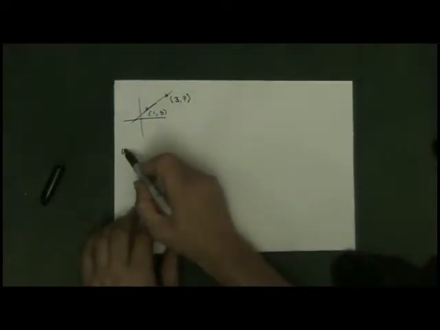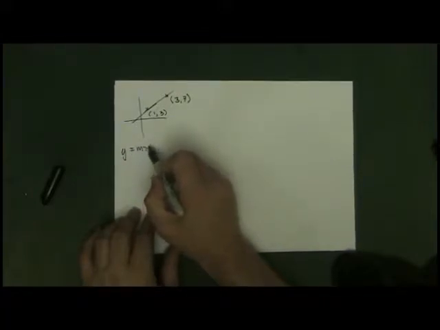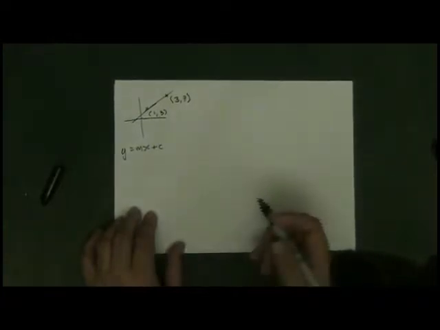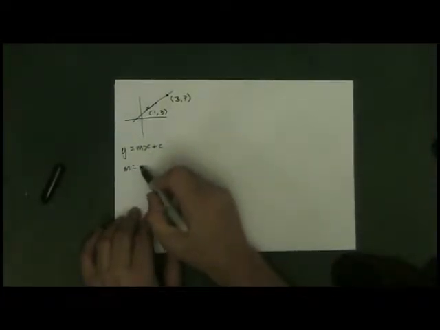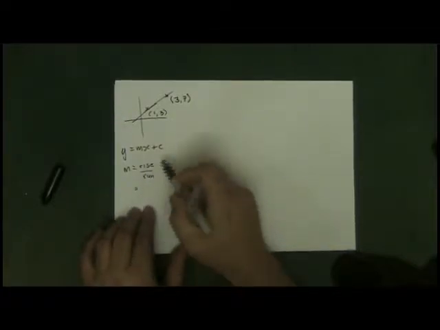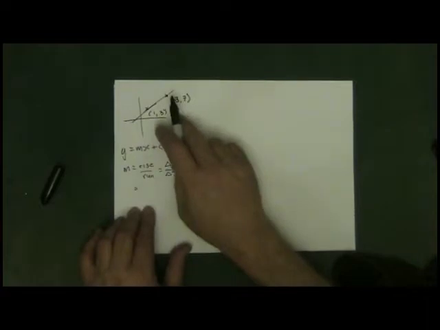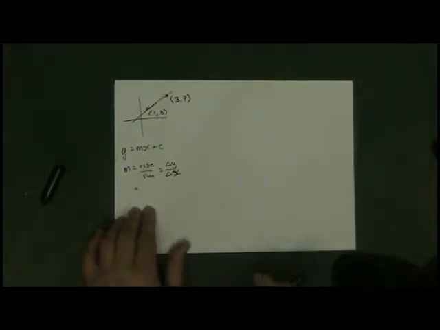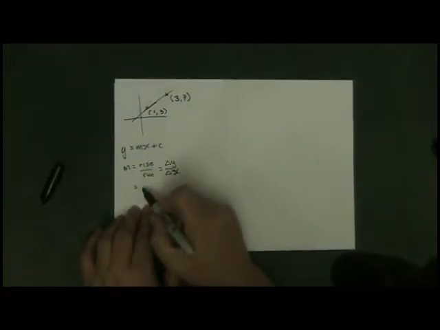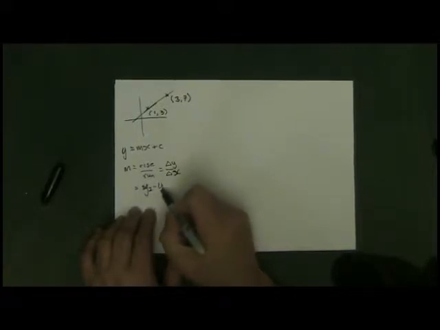So remember, the equation is y equals mx plus c, where m is the slope or the gradient, and m is equal to rise over run, which is equal to change in y, how much it goes up, for each unit goes along. So a slope of 2 says that for every one we go along, we go up 2. And slope is going to be y2 minus y1 over